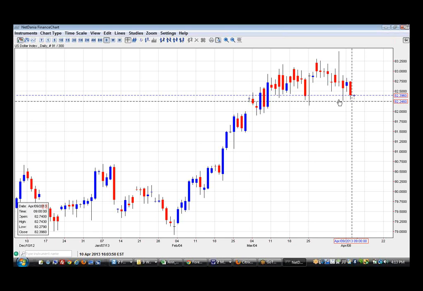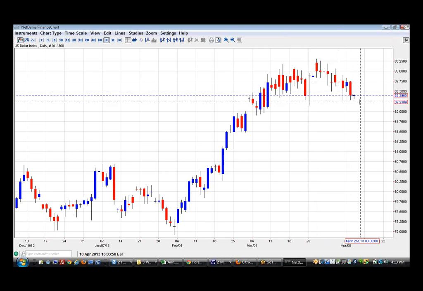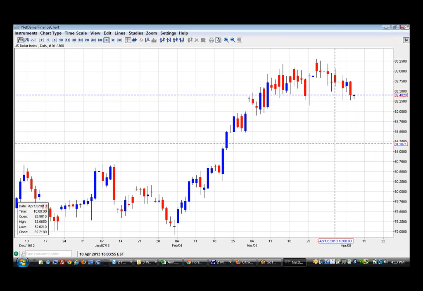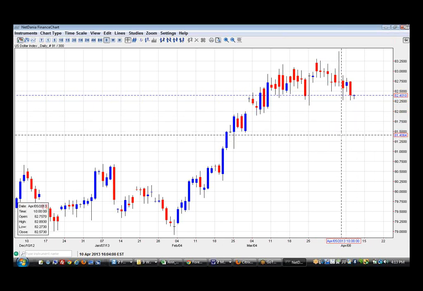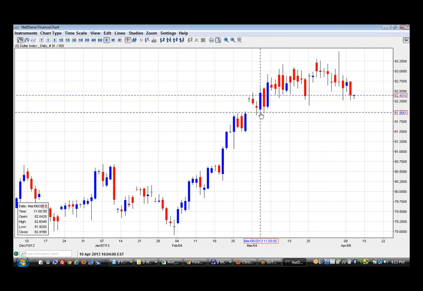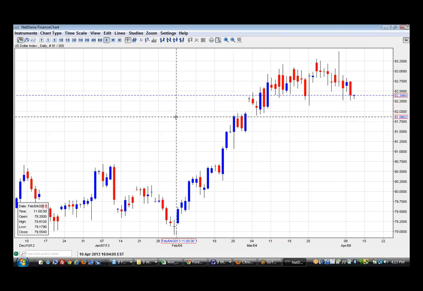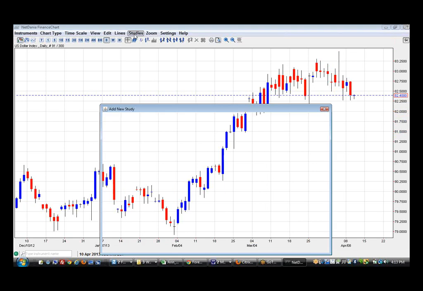So at the moment it's at a very good demand level, and since sellers are in control, there may be some more continuation to the downside. And to see where the next level would be, we can look at the next demand level. Next demand level would be here and also here as well. And to be more objective, we can also draw